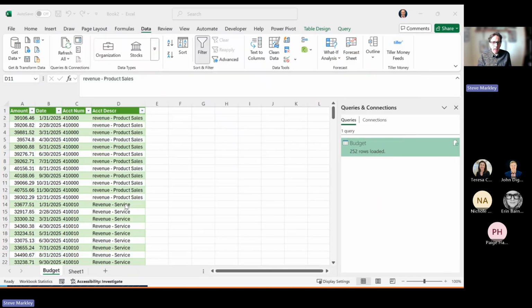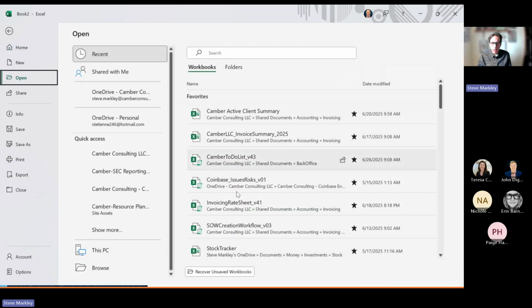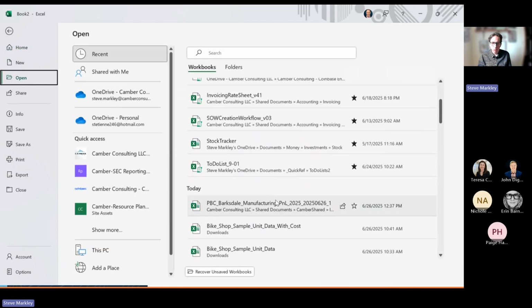Okay, so then I'm going to close this, and you'll notice I just pulled in the budget information here into the table, but you may remember there were 3 different tabs for budget, actuals, and forecast in the file that was provided by the client. So I imported those into a